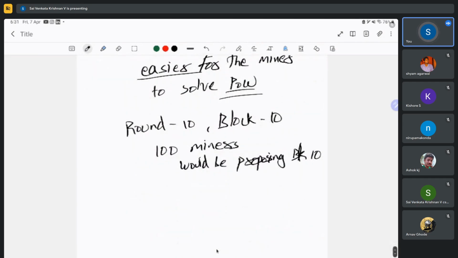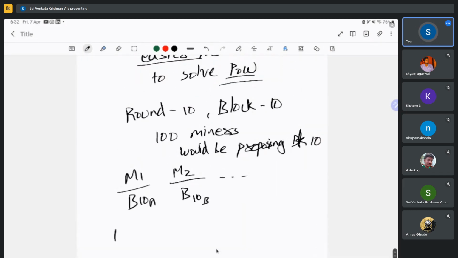And now when more than one miner proposes a different block in the same round, say miner 1 proposes block 10A, and miner 2 proposes block 10B, and so on, what happens is, in the existing blockchain,